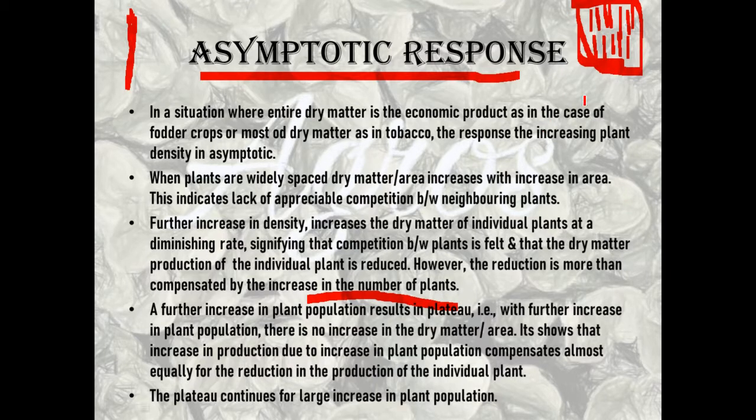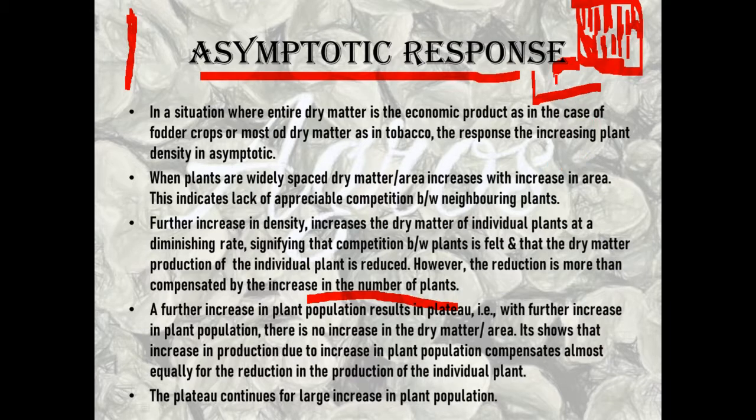As we started increasing the plant density, we make more plants over here. We started to grow more plants in denser spacing. In that condition, we saw that there is no further increase in yield. What does this mean? No increase in yield means there is a plateau, or a flat plane, in the graph. What does this really mean?